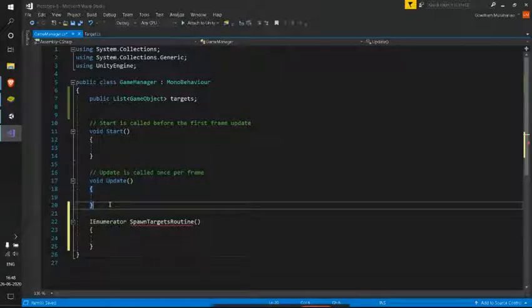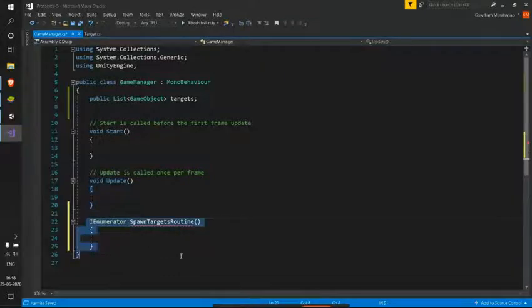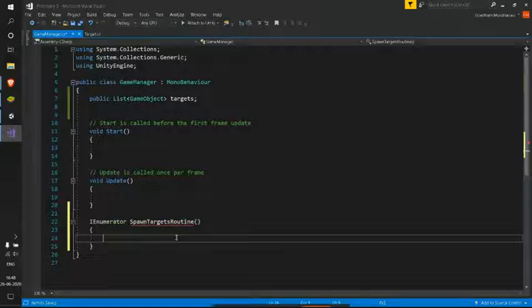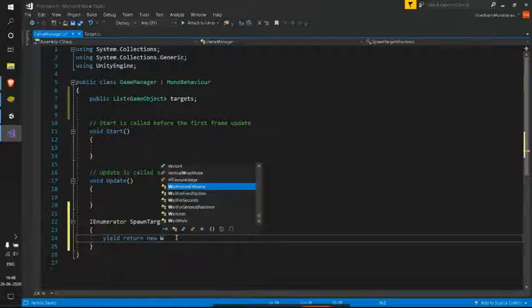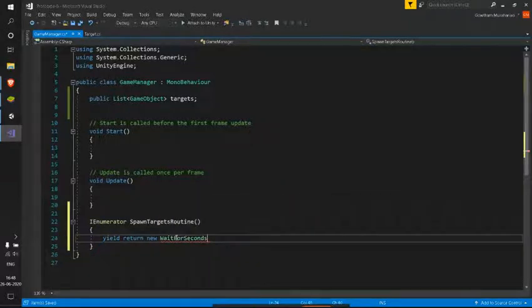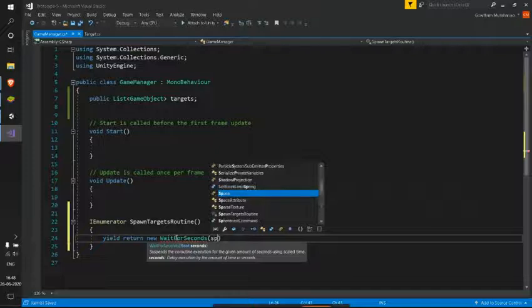We want this particular thing to happen outside of this loop. So here, as we know, we need to use yield. What we'll be yielding is returning new WaitForSeconds, and this value will be spawnDelay.